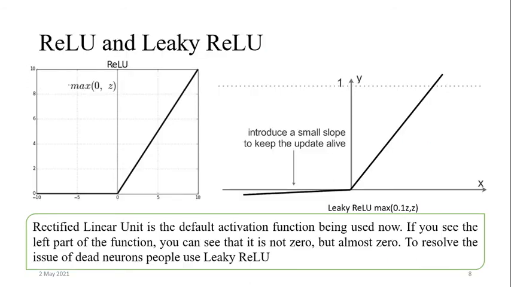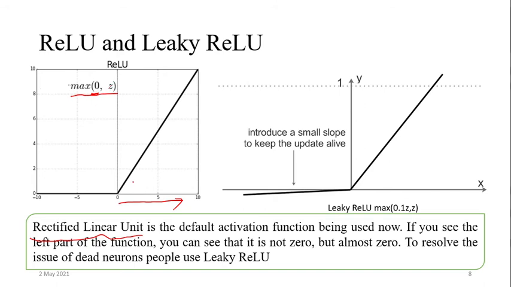Now another activation function is the ReLU. What the ReLU activation function does is, if your value is positive, it will pass it as it is. If your value is negative, it will give you 0. ReLU is known as rectified linear unit, right? So if your value is positive, it will pass the same value, and if it is negative, it will pass 0. So the function looks like max of 0 comma z.